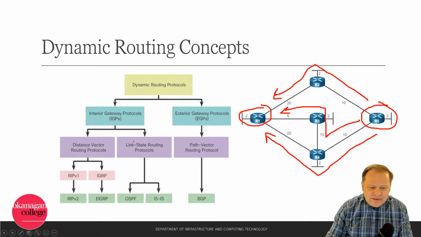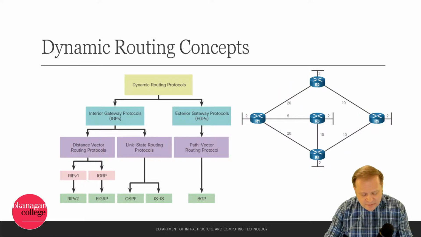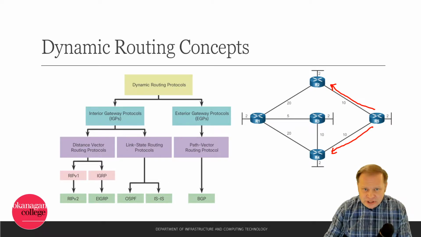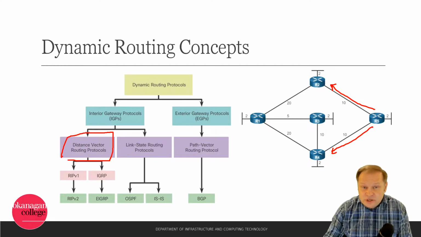However, as a distance vector protocol, I cannot. What that means is that if I'm running a distance vector protocol, R5 can only see and hear about information that is provided from what we call our neighbor adjacencies. Okay, so R5 has two neighbors here, R2 and R4. Now, if R5 wants to get to R1, unfortunately, if I'm running a distance vector protocol, I don't have a picture of the whole